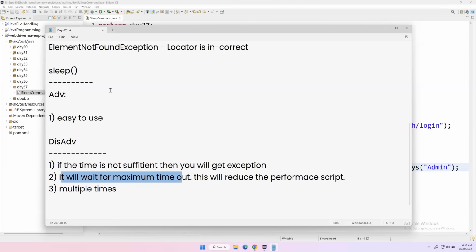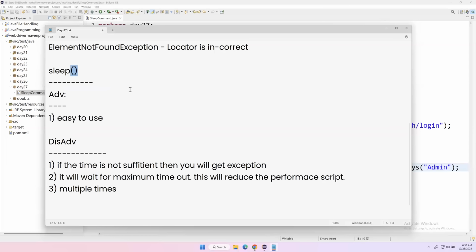But once you design your automation, or once you are working on automation projects, we should avoid the thread.sleep command. This is not at all recommended. It is just easy to use, but there are disadvantages because we put a hard-coded time here. And sometimes elements may take more time, or elements take very less time. If the element is taking more time, still there is a chance of getting an exception. If the element is taking less time, still there is a chance of having poor performance of your automation script,